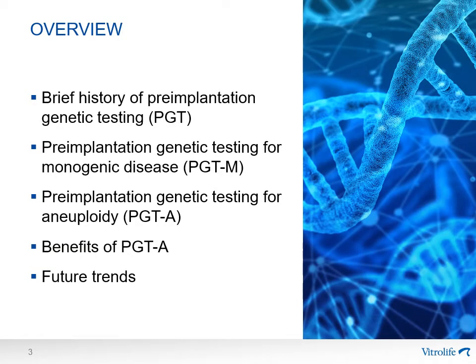I'm going to start today with a brief historical review and attempt to place some of the major milestones over the last 30 years in the context of advances in molecular methods and human genetics, before focusing on the development of preimplantation genetic testing for monogenic disease and preimplantation genetic testing for aneuploidy, as these are the two main applications